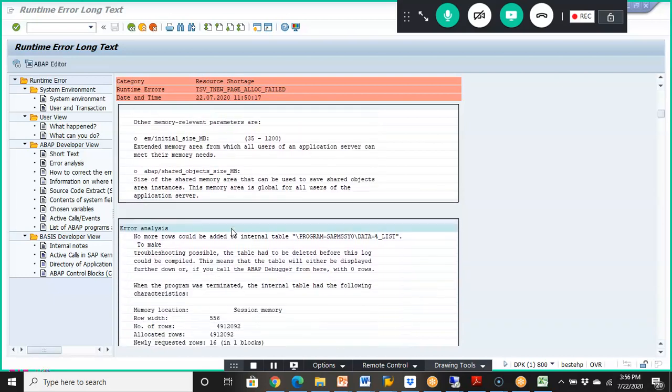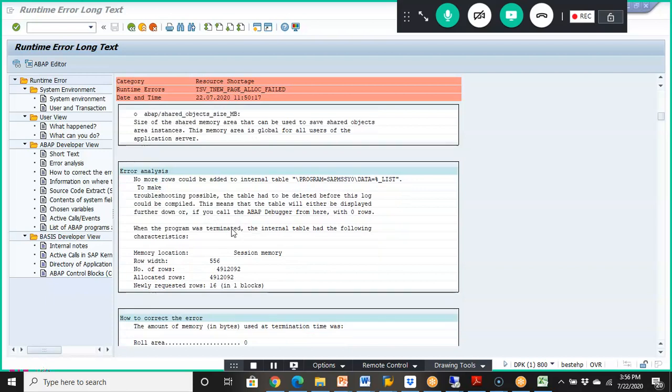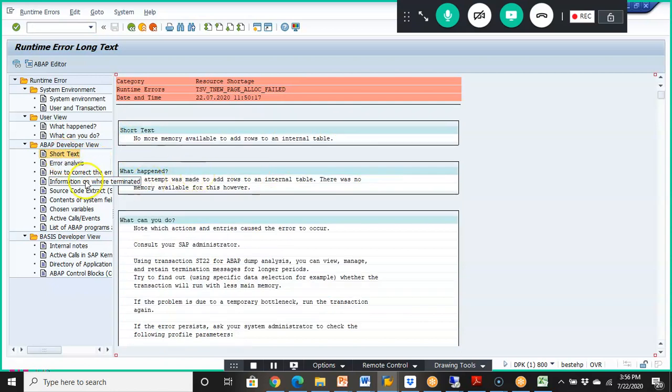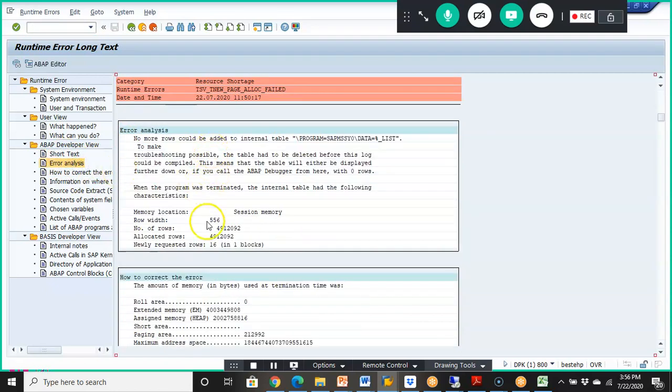So here you'll have the error analysis. After the error analysis, how to correct the error. You can also click on these things like short text, and you'll get it. Error analysis, you'll come down. Instead of scrolling, you can just select this. So how to correct the error?